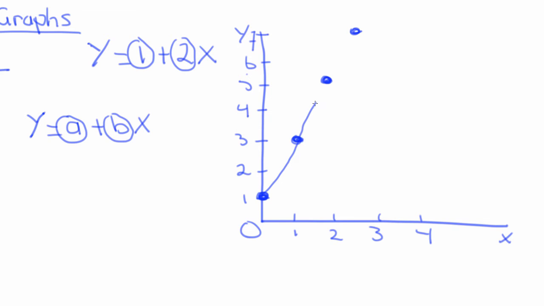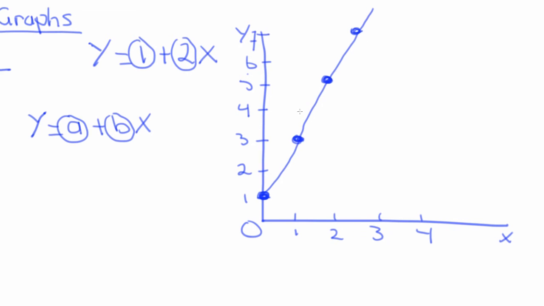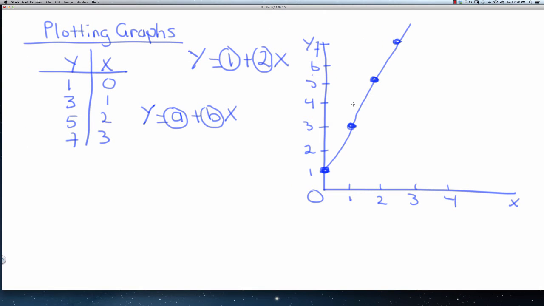We can draw a line to join these points. What is important to see here is that these points correspond to the points on this table. Here we have 0 and 1, 1 and 3, 2 and 5, 3 and 7. Even though we didn't use this table to plot this graph, we ended up with the same